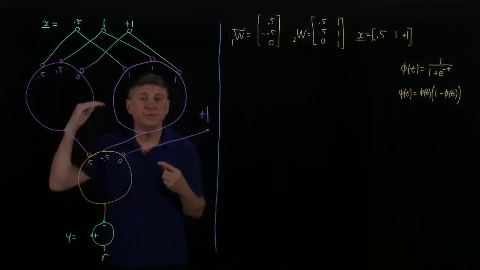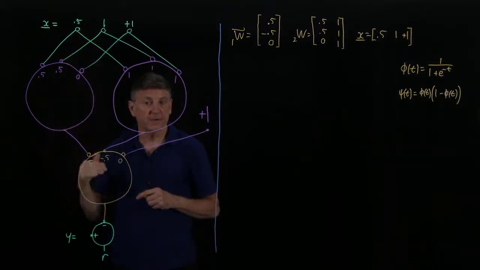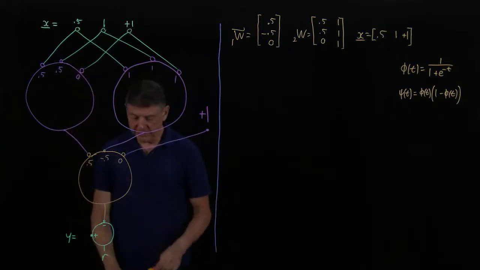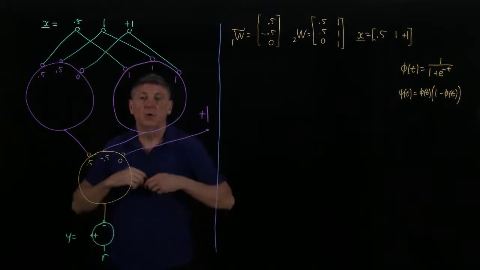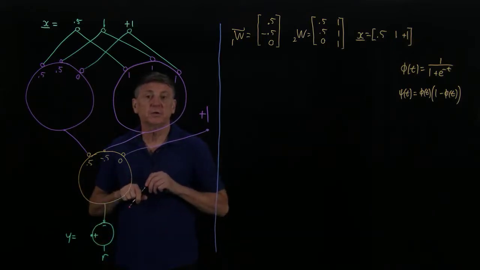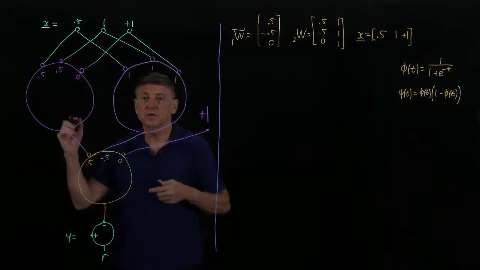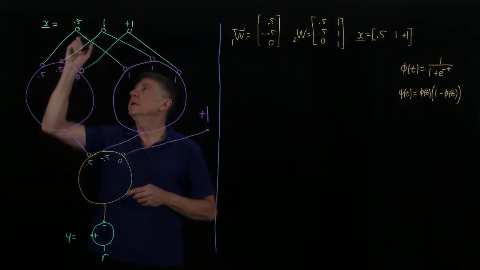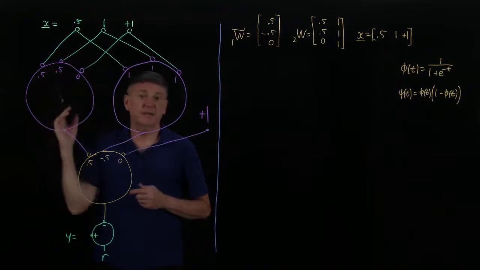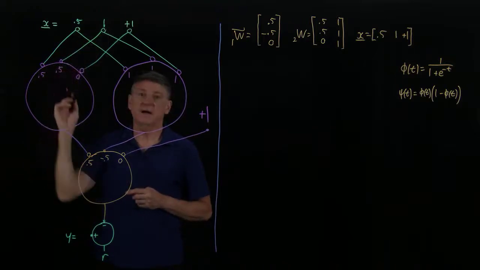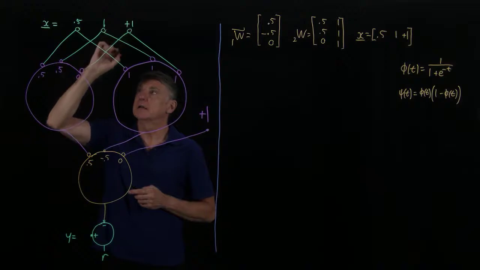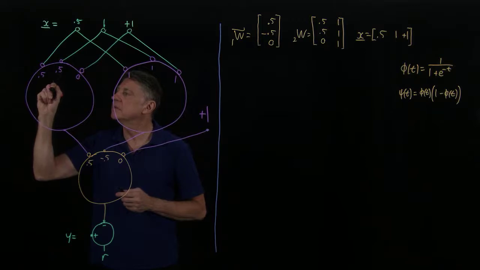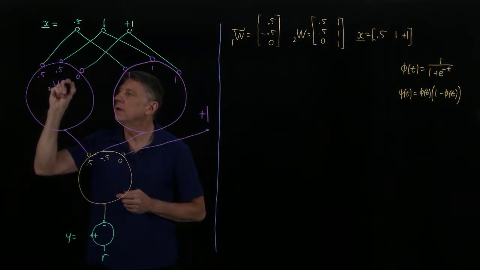So we have to perform a forward computation to find all of our values, and then we'll backpropagate the scale factors. To do the forward propagation, the first thing is we compute the linear response of each of these artificial neurons. The linear response of this artificial neuron will be 0.5 times 0.5, that's 0.25, 1 times 0.5, that's 0.5, and 1 times 0 is 0. So that means that 2u1 will be